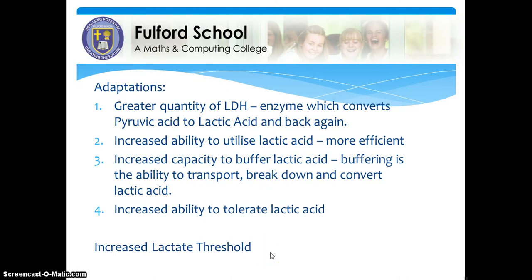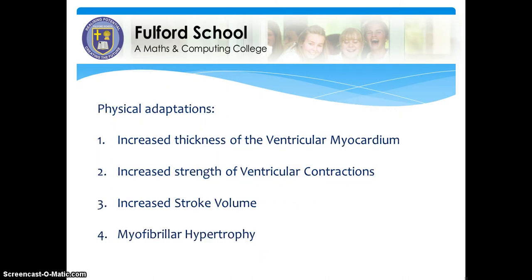If I'm an 800 meter runner, for example, a 400 meter runner, the longer that I can work in the anaerobic system, the better, because I'm getting a more powerful muscular contraction. I'm not having to wait for that aerobic respiration to kick in.